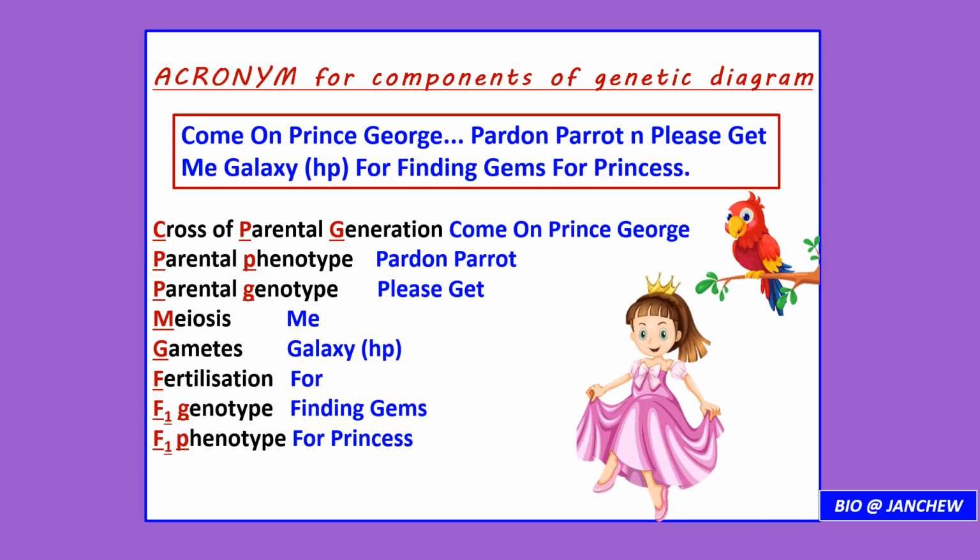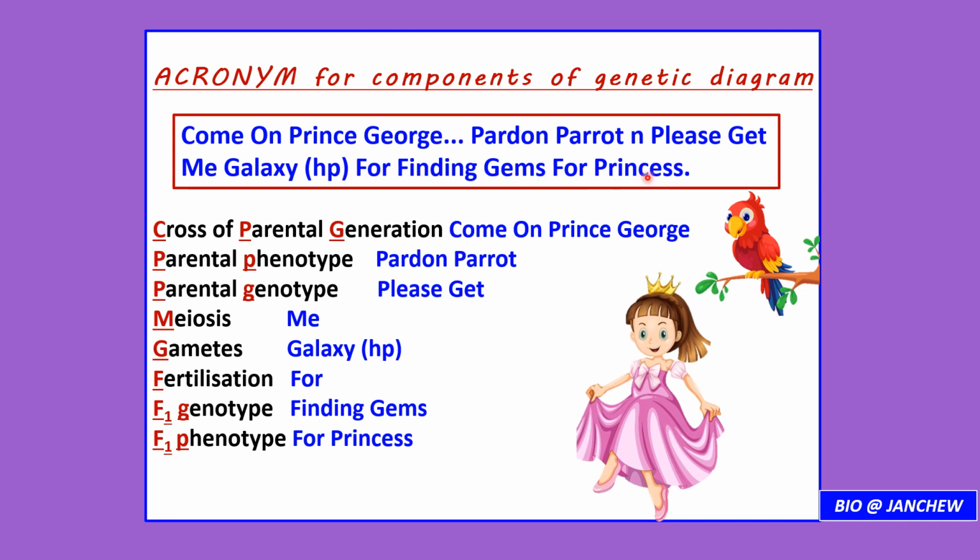Let us look at an acronym to help us remember the titles on the left side of our genetic diagram, such as cross of parental generation, parental phenotype, parental genotype, meiosis, gametes, and so forth. The acronym is to remember the first letters of all these words. Cross, you must remember the C and then the P and the G here. Parental phenotype, you must remember there are 2 P's here. So the acronym is, come on Prince George, pardon parrot, and please get me Galaxy, this handphone, for finding gems